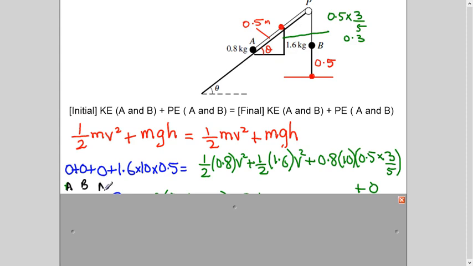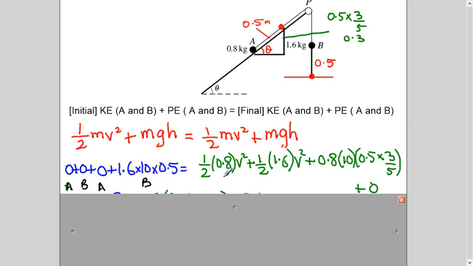Now here, this is about particle A. Initially, it is from here. So I'm considering this as my reference point 0. So from here, I will consider the height. Initially, it had 0 potential energy. This is about B. Because this is my reference point, when it comes down it will lose energy. So initially, when it was at this height, 0.5 meter up, I will consider it has potential energy mgh. So I'm writing 1.6 into 10 into 0.5.